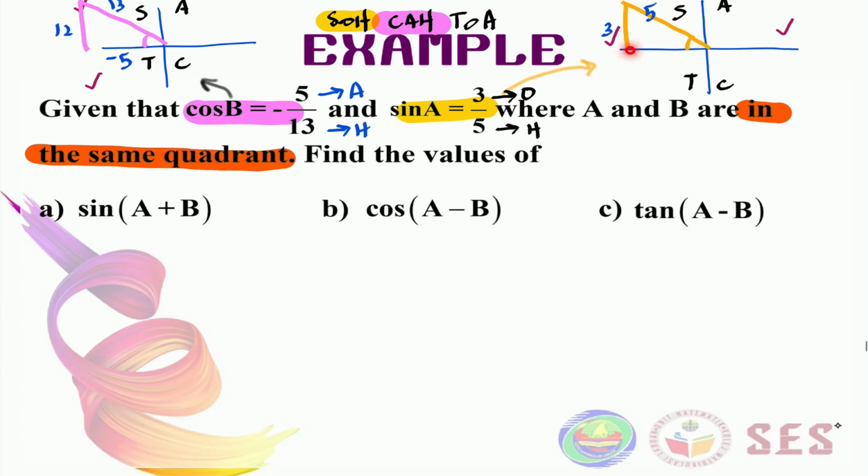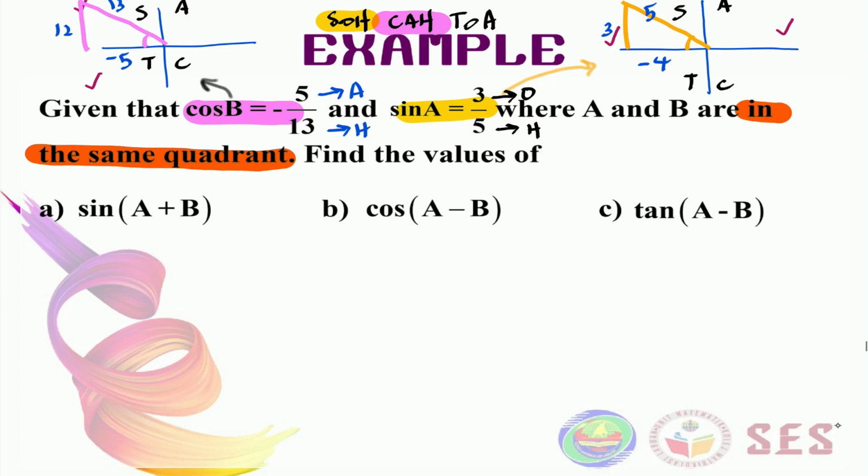Now we need to find the length of this side here. Again, by using Pythagoras theorem, we know that this is equal to 4. Your sketching is inaccurate if you put this as 4. This is a negative value for x. So your length here should be negative 4. Right. So after all these efforts, we still haven't answered any of these questions yet.